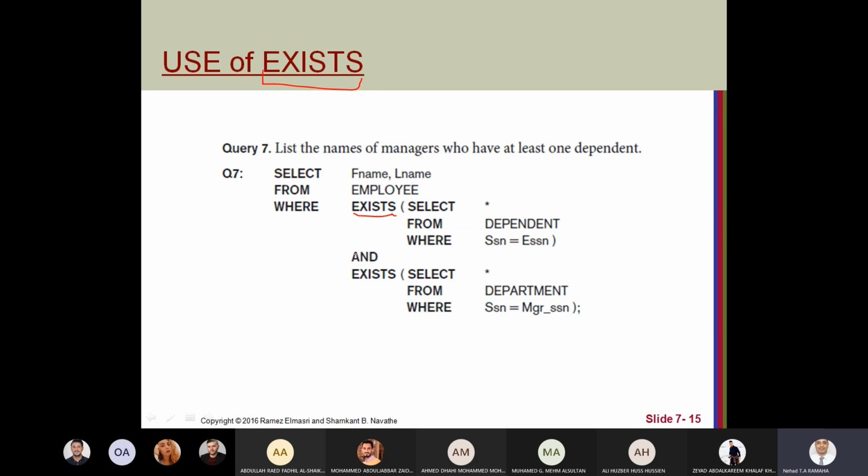So we can use select first name, last name from employee and dependent and department, where SSN equal ESSN and SSN equal manager SSN. Okay, so we can write it without exists actually.